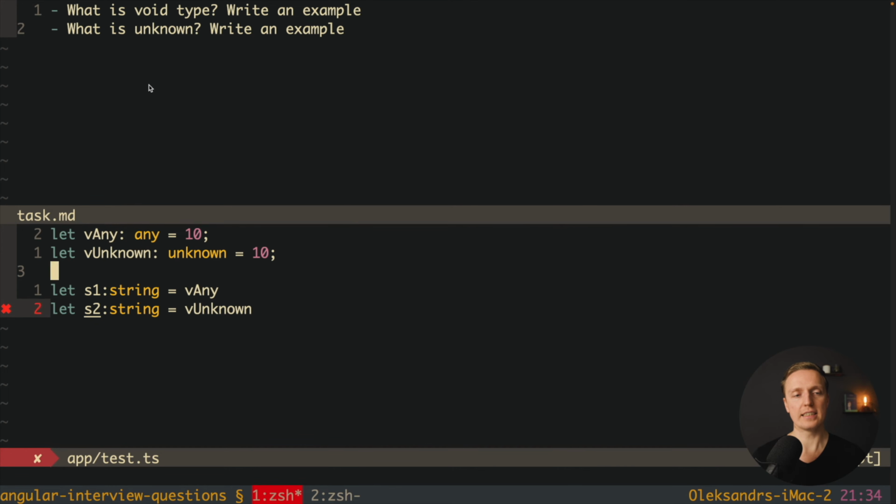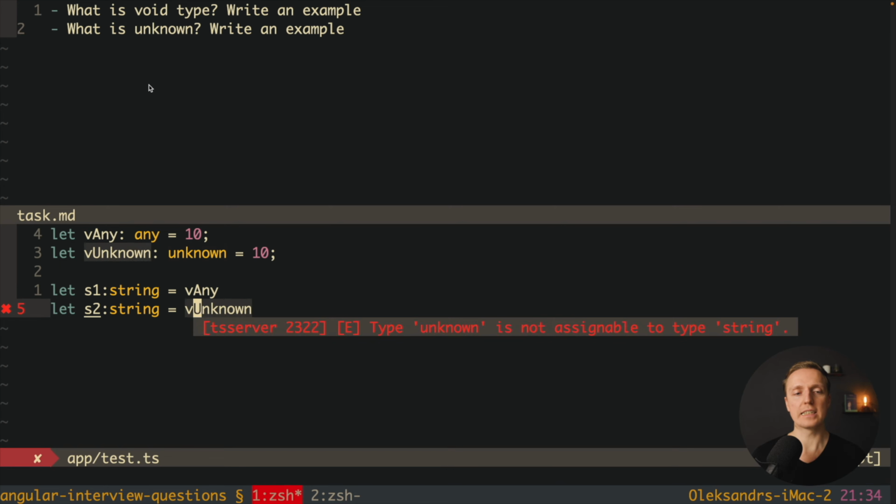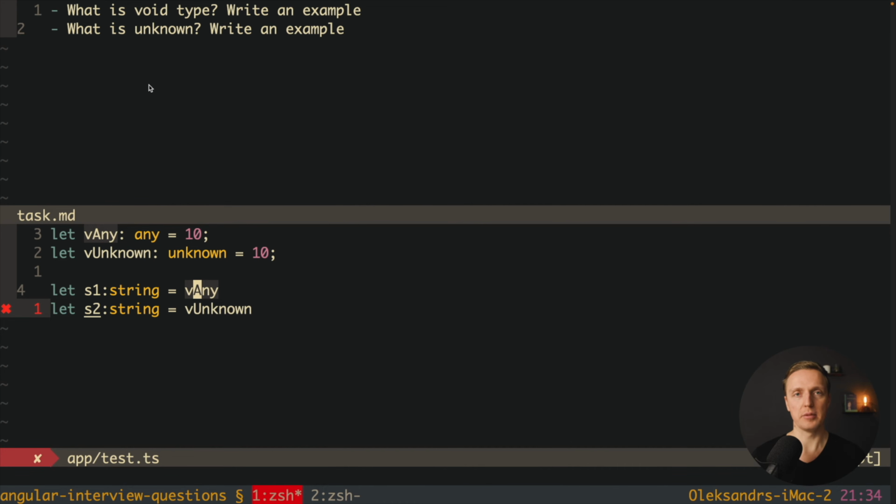The main point is that this variable is any, so it doesn't matter what we write here. It can be a number, a function, an object, an array. We won't get any TypeScript error, because just to remind you, if we're using data type any, TypeScript is completely disabled. It won't check anything. This is why we can assign a number inside a string, and it doesn't make a lot of sense.